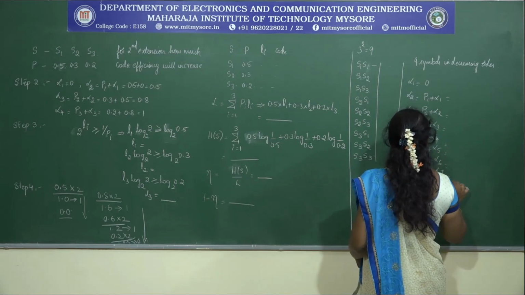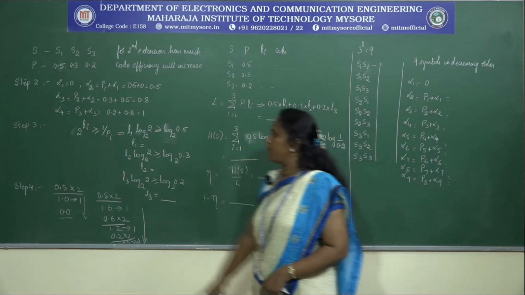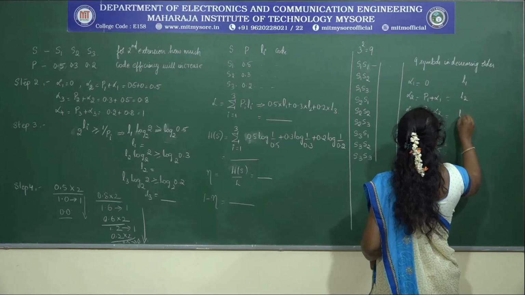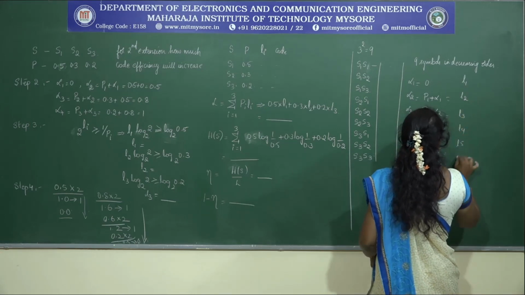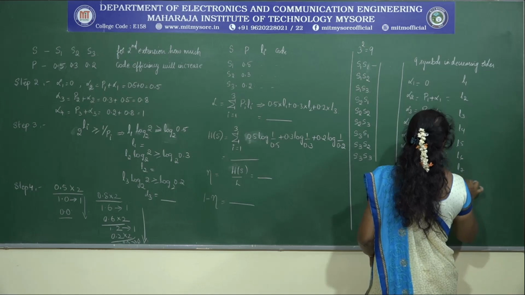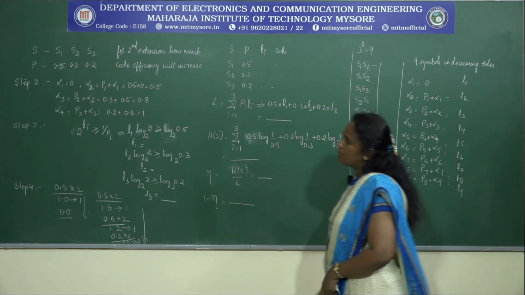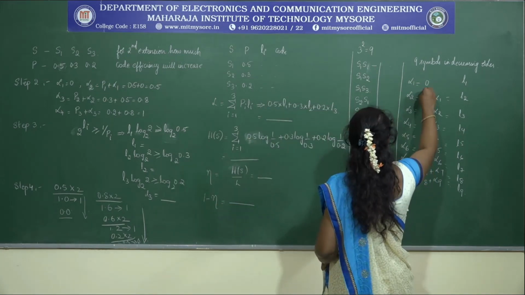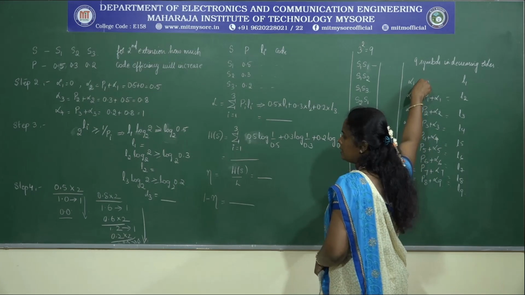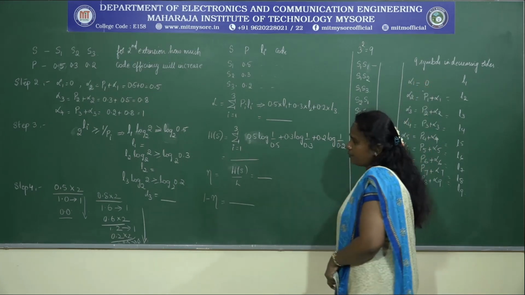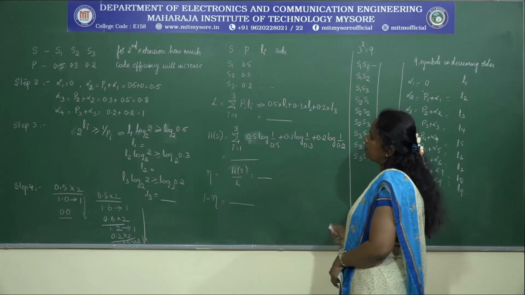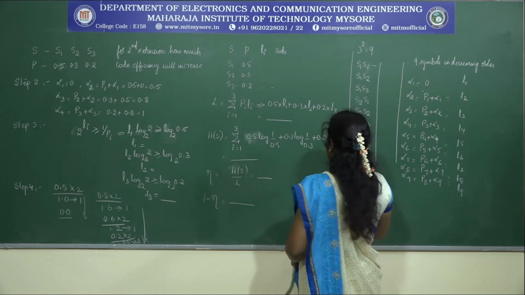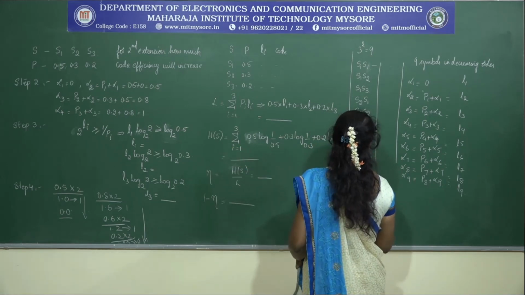Once you compute all the sequences, next you need to find the lengths. That means you need to calculate L1, L2, L3, L4, L5, L6, L7, L8 and L9. So find all the lengths. Then step 4 is you need to convert the sequences whatever we have found here from decimal to binary. Next, once again you need to calculate its average length L. Then you need to calculate your H of S square.